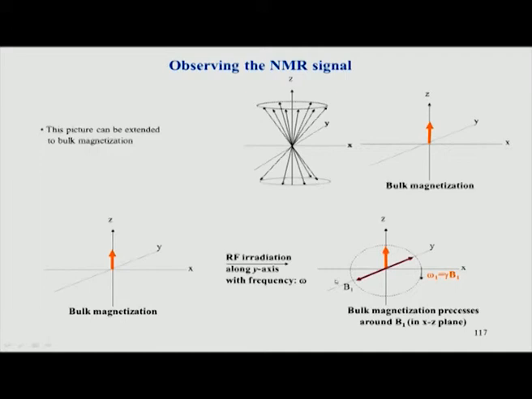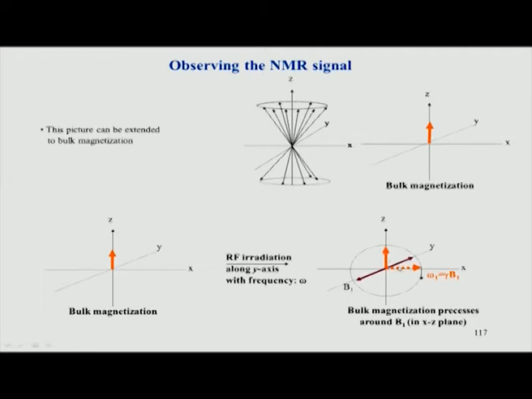Remember in NMR, we use B0 for the external magnetic field which was applied along the z axis, that is the main magnetic field. But the small magnetic field which I applied, that is, the RF radiation has a magnetic component, and the strength of that field is given by B1. So, in the rotating frame this vector moves around this B1 value, and when it comes by 90 degrees, we say it is a 90 degree flip angle.